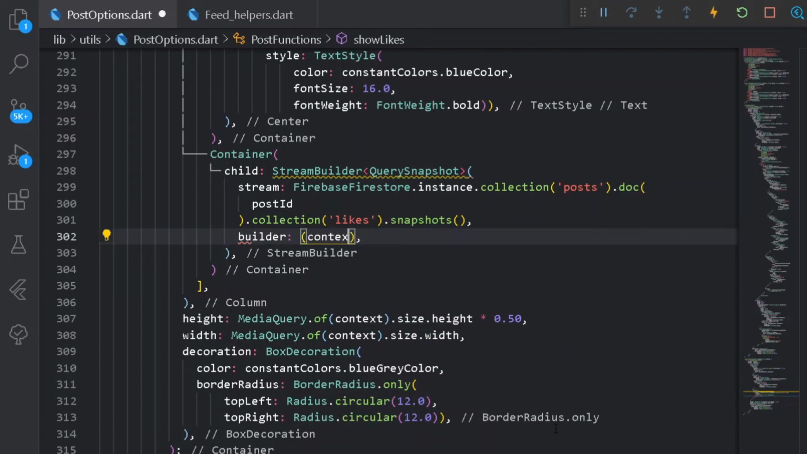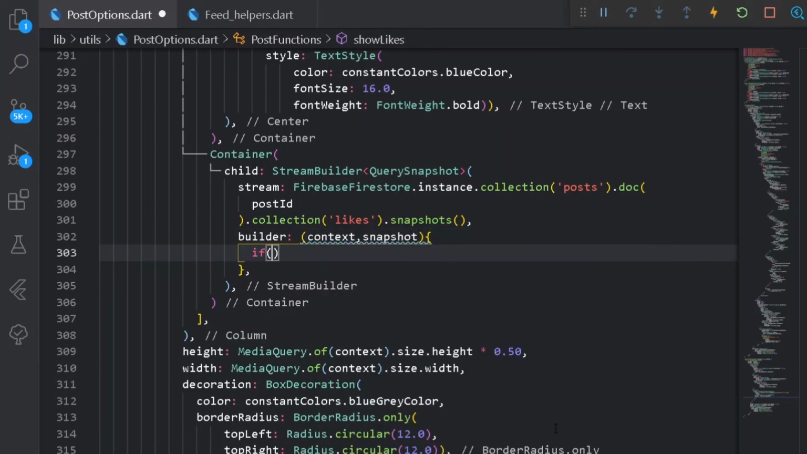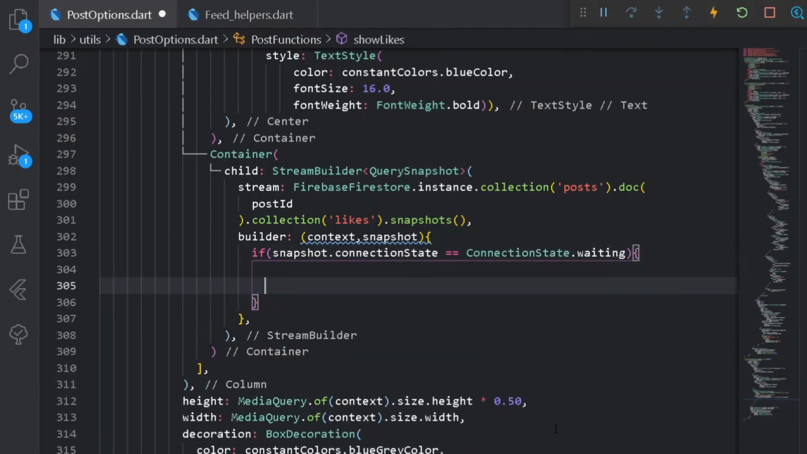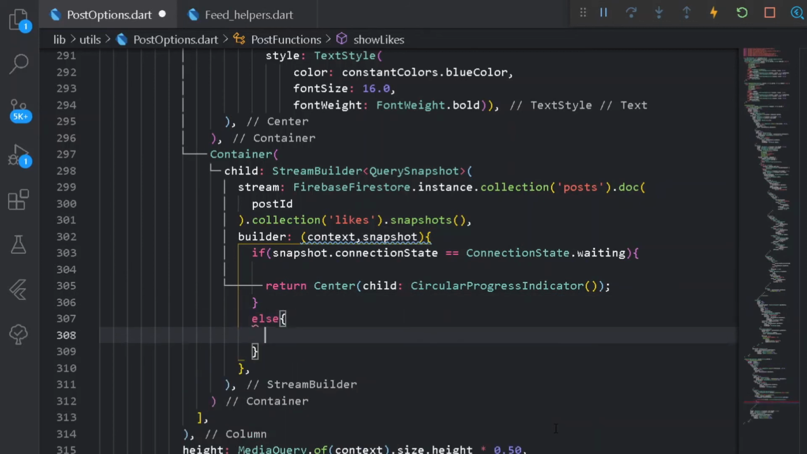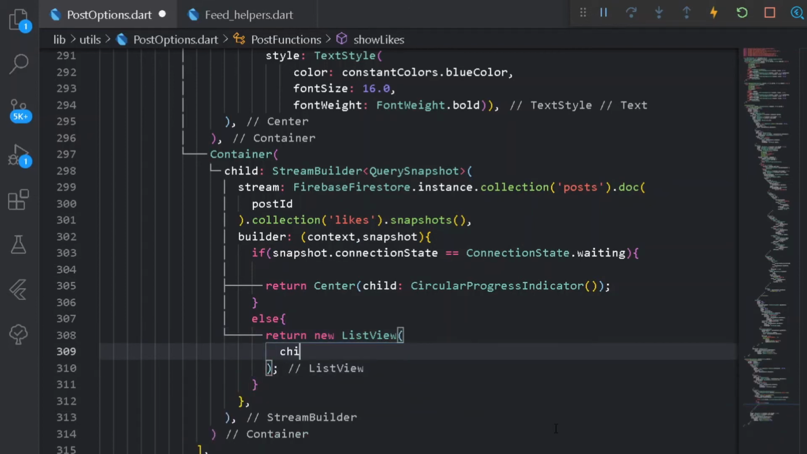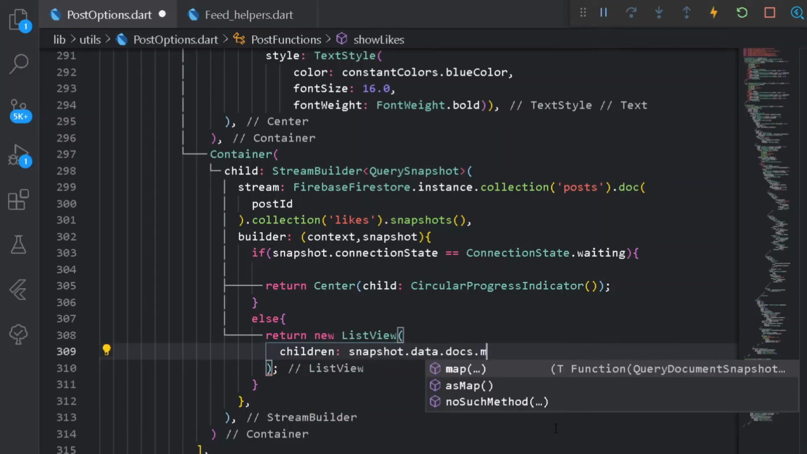So under this builder, let's have a context as well as a snapshot. So under the following builder, let's have an if condition if the snapshot is under connection state of waiting. As usual, we shall be returning a center, and under the following center, let's have a child to be a circular progress indicator. And after this, let's have an else statement, and under this, let's return a new list view. So under the following list view, let's have all the children. So for having the children, let's have snapshot dot data, alright, data dot docs, and from this docs, let's map